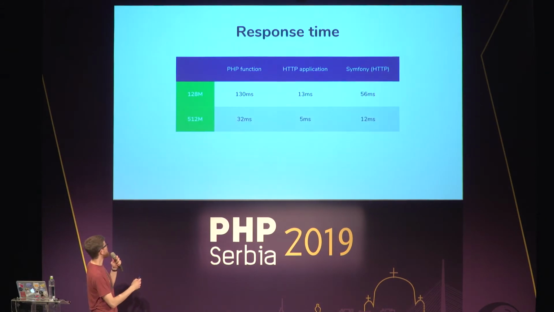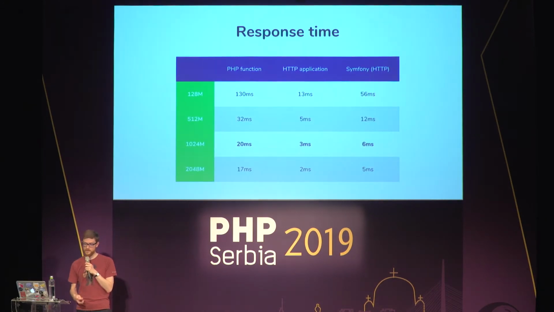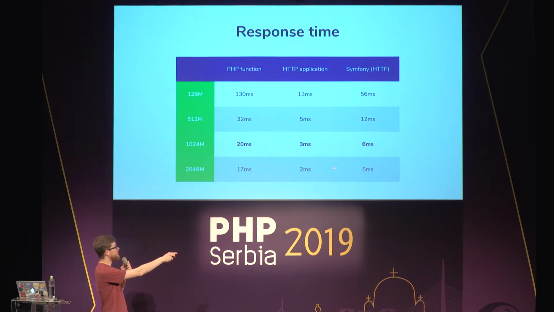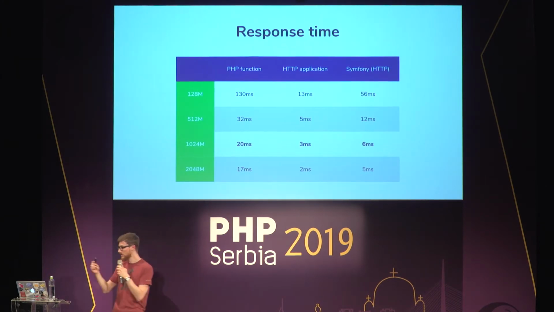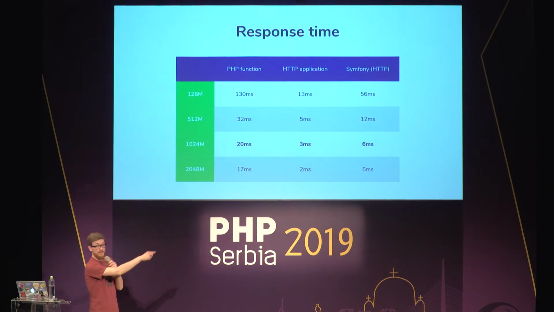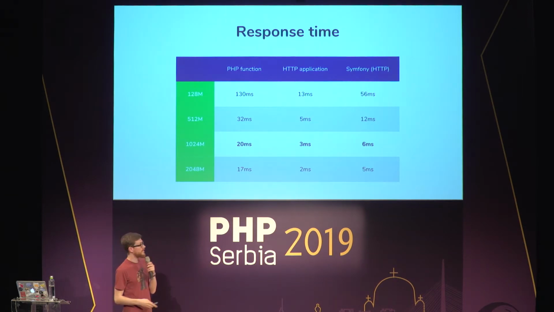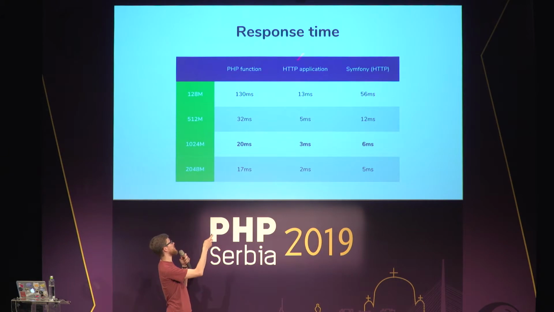So let's fix that and try with bigger Lambdas. And now it gets more interesting. Actually, those numbers should now be like 1 millisecond and 2 or 3, because we released optimizations a month ago, and I didn't fix the slide. But anyway, to me, it's really good enough. It's an overhead that we don't see in most PHP applications, and it's an overhead that exists in current applications. I did the same benchmark with the Symfony application and the HTTP application deployed on a DigitalOcean virtual machine, and I got the same results as here.